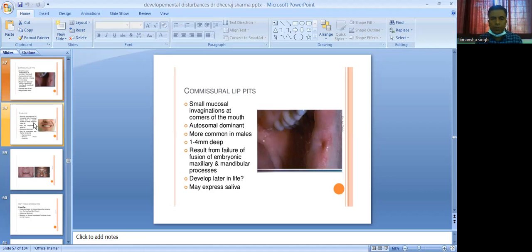We have commissural lip pits. These are small mucosal invaginations at the corners of the mouth. Autosomal dominant condition. More common in males, approximately 1 to 4 mm deep. Results from the failure of fusion of embryonic maxillary and mandibular processes. They develop later in life and they also express like